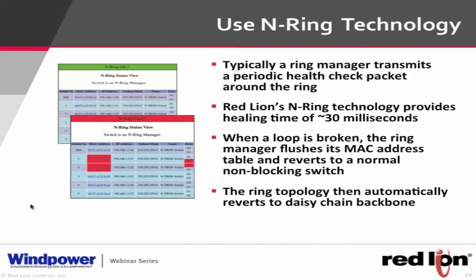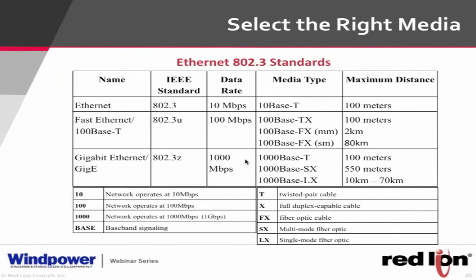With in-ring, we're going to tell you exactly which switch it is and which port on that switch has seen the failure. So it automatically heals, and if the ring breaks for whatever reason, it's just a daisy chain like you were before. So you want to fix it as quickly as possible, but you're still up and going for the foreseeable future. I need to hurry up just a little bit, but 802.3 is the standard for Ethernet, and